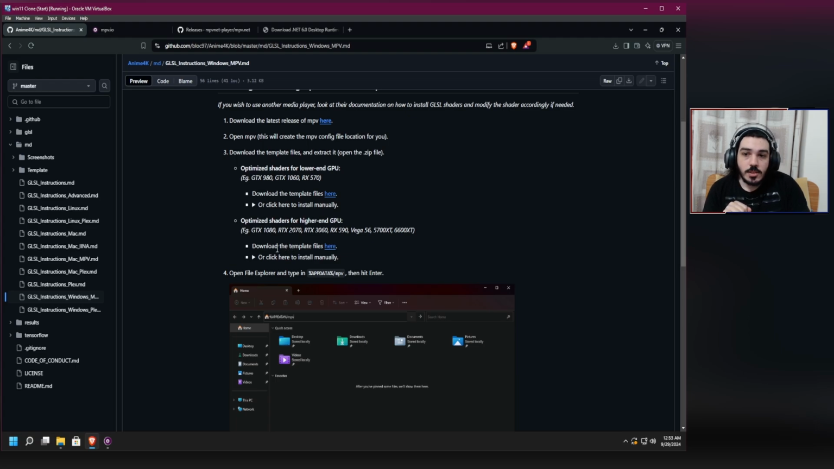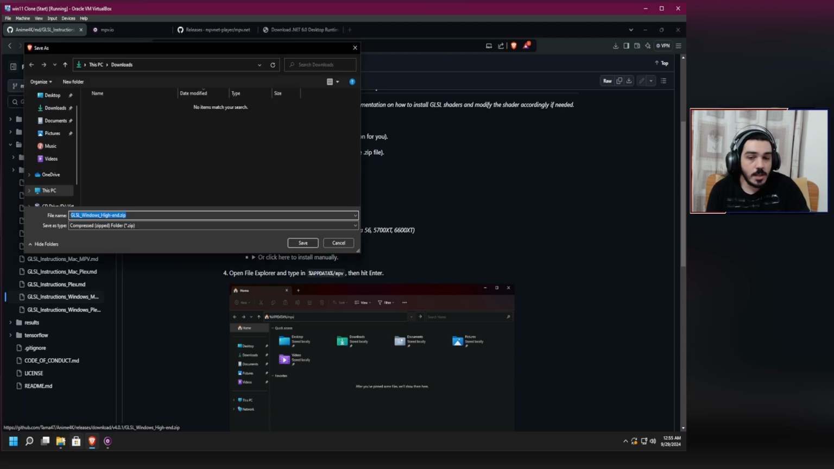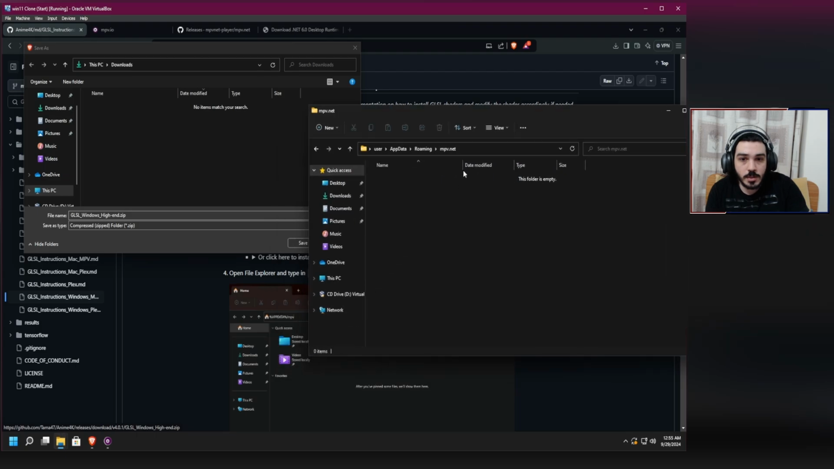Step number 3, you need to download the correct shaders that are optimized for your GPU. So if you have a lower end graphics card, you would be clicking download right here. Otherwise, if you have a more powerful graphics card like a 20 series or a 30 series, then you should click right here. Now that I picked the right shaders for me, I'm going to download them to the directory